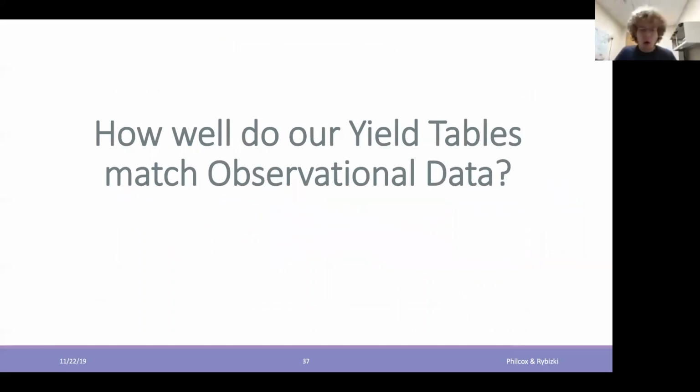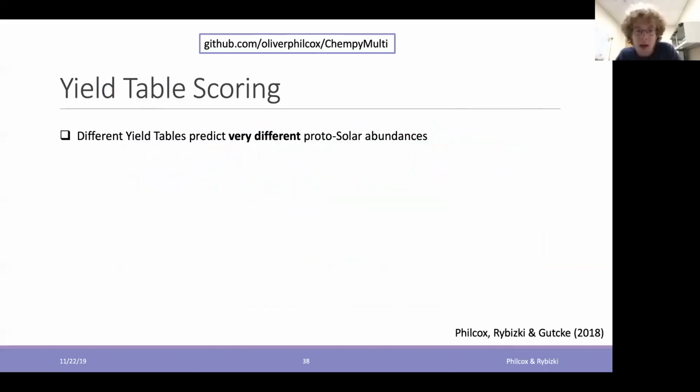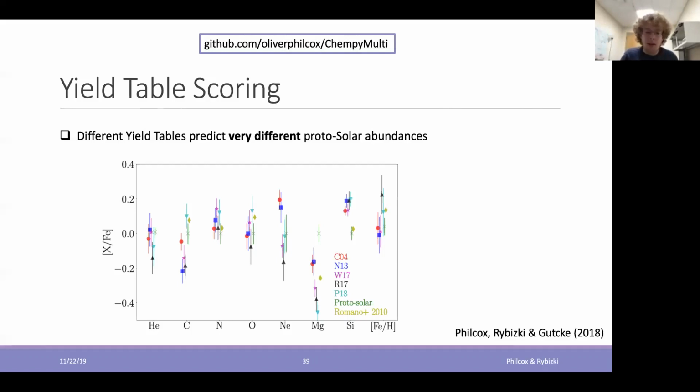Okay, so the single most important hyperparameter for Chempy is the choice of nucleosynthetic chemical yield tables. These are the yield tables describing the amount of metals, hydrogen, and helium we get from type 1a supernovae, core collapse supernovae, and AGB stars. As one of the earlier plots elucidated, different yield tables have very, very different predictions. Even if we look at the abundances of a star like the sun when it was born, we find that the abundances are a very strong function of which yield tables we put in.